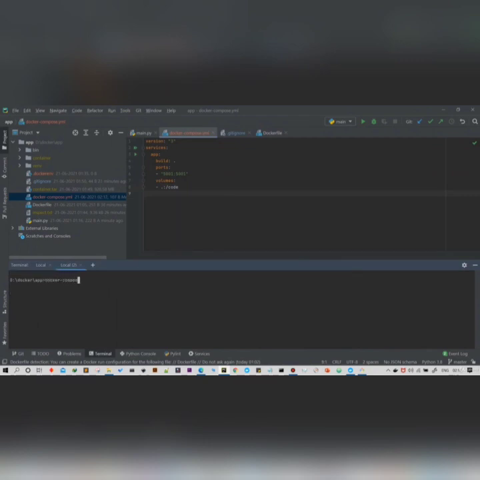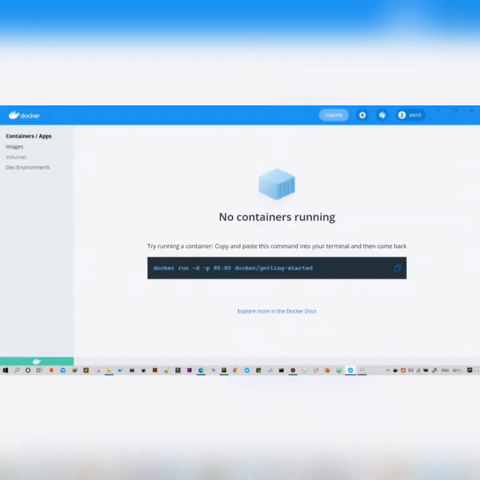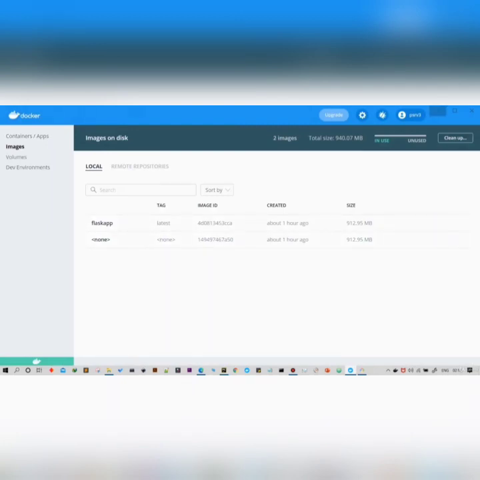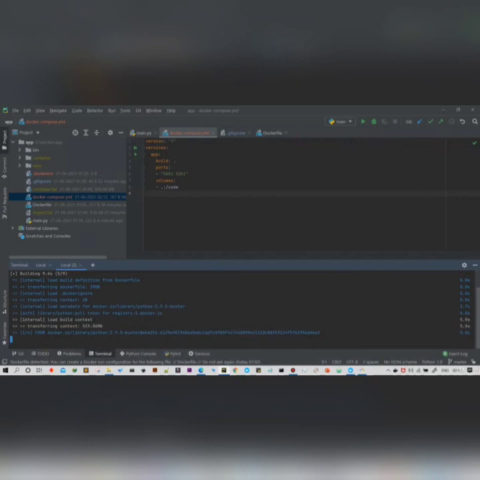Now let's build the Docker image using this Docker Compose YAML file. You need to write docker-compose build. It will start all the processes to build the Docker image: it will pull the base Python image, then install all the libraries and dependencies, and so on. Till now we have only two Docker images. One is the Flask app, which we created using the Dockerfile, and we have the Python base image through which we created it. Now the process is completed, and the new Docker image is ready.